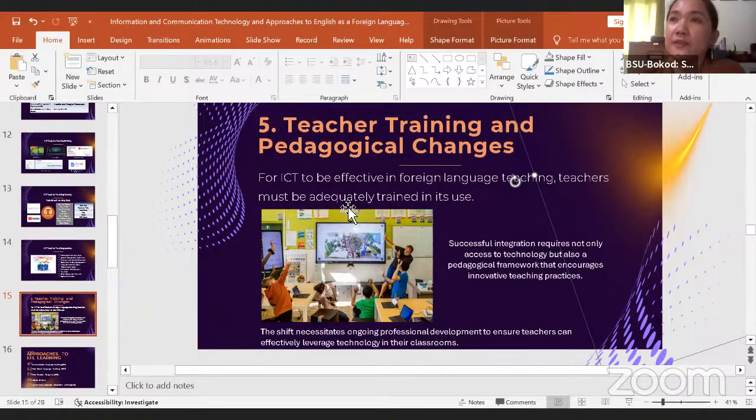Just like today, in the result of the evaluation of the faculty here, there are some senior faculty who are not so adept in the use of technology or technology integration. The problem is that during evaluation, the students rate them very low in the use of ICT in instruction.